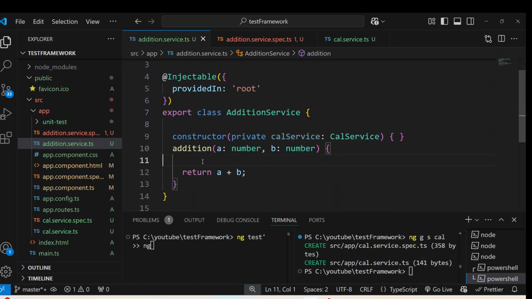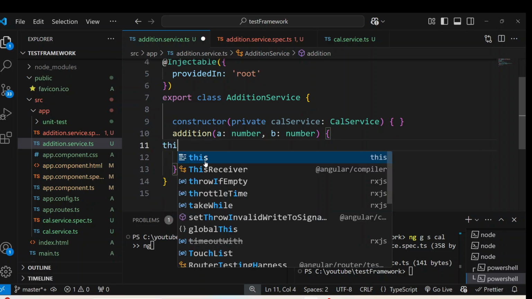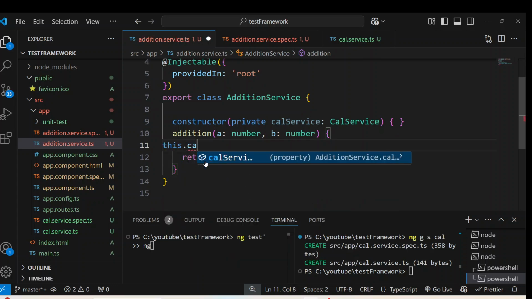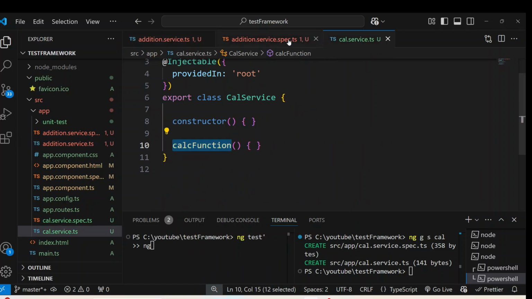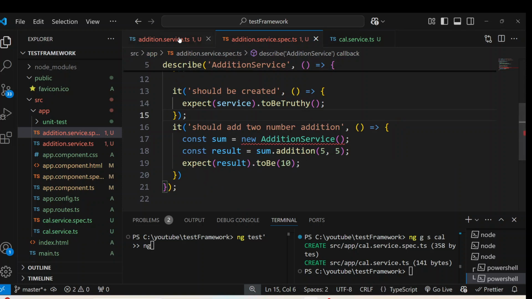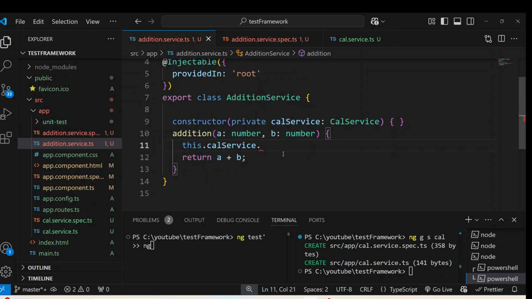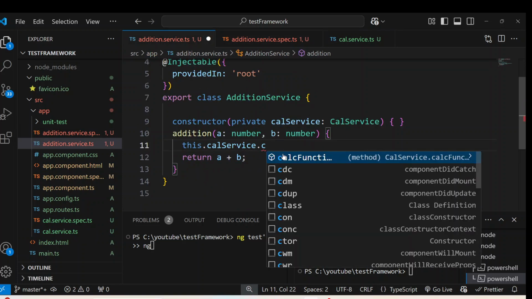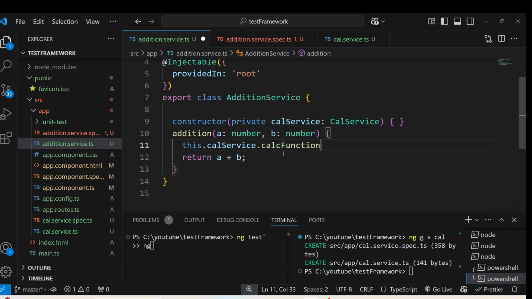Okay, here we are going to call this one, this.callService, whatever the function we created over there to call one. This one is suggesting to us. Okay,